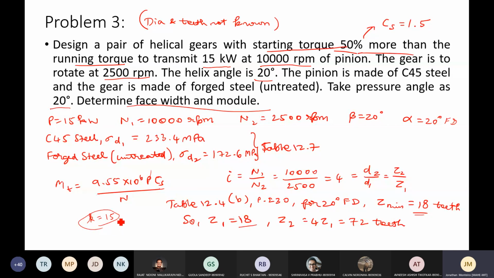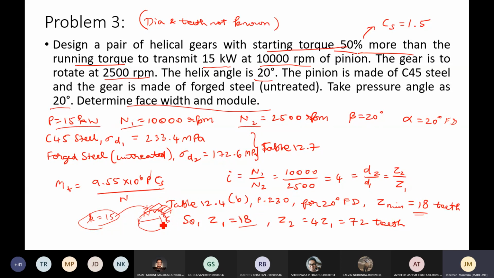But in the real world scenario, see, diameter is one constraint. Diameter of a gear is one constraint. The number of teeth on it is one more constraint. And then the internal parameters like K, what should be the face width ratio and all those things, is one more constraint. So balance of all these parameters will give you the most optimum solution for that particular application. Because some things you can never change. You can never change N1 and N2. You can never change the kilowatt being transmitted.